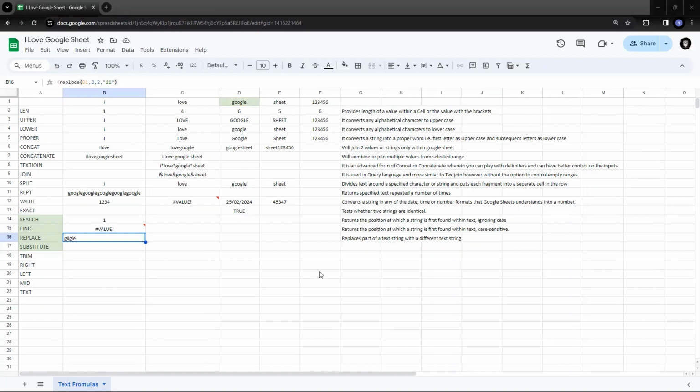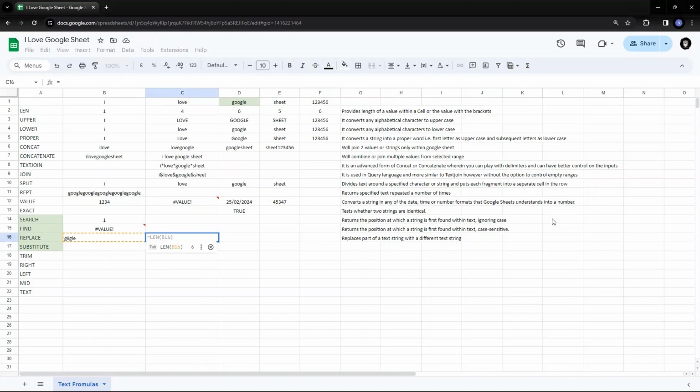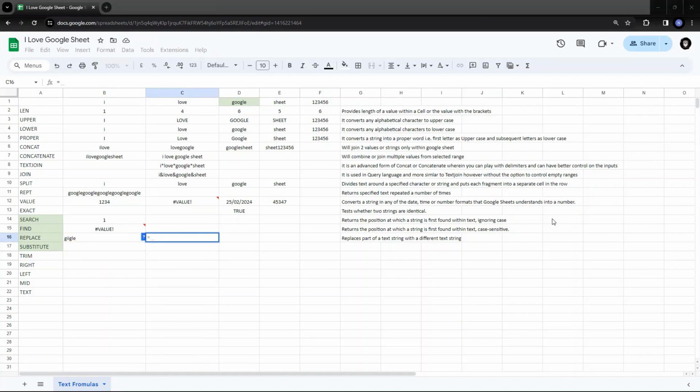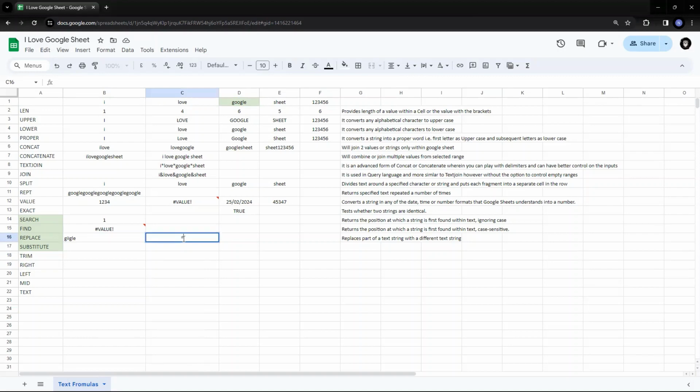Clear? You want to see more examples with it? So let's understand doing it for values. Now, while doing it for values, you need to understand that if you are replacing something in values, it gets automatically converted to text. So suppose I'll give you an example. So I'll say replace,